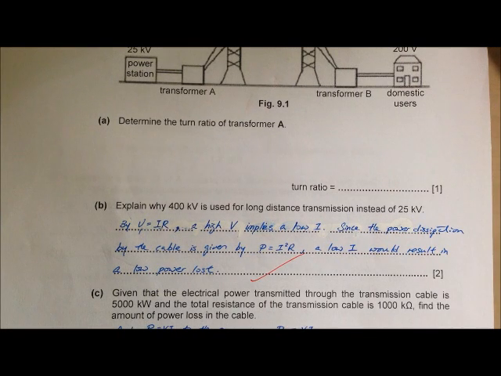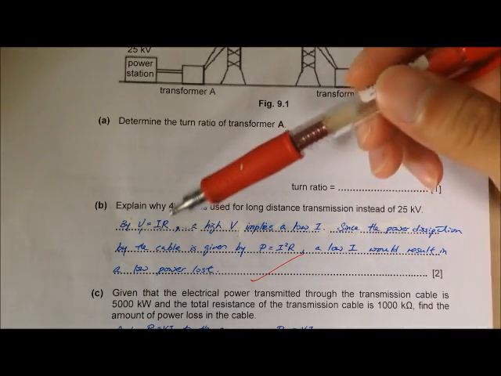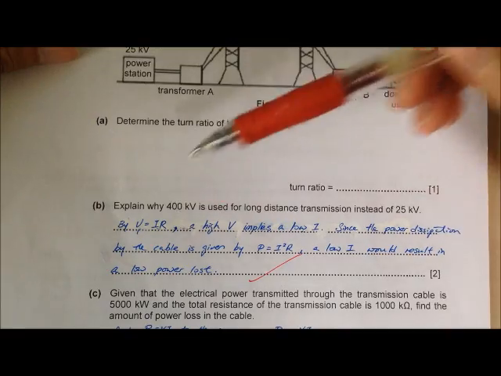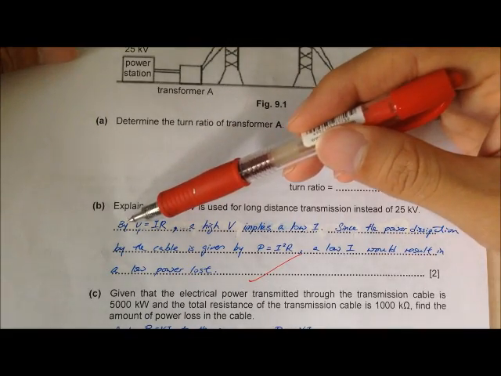They may ask me, teacher, why must the power dissipation formula be I squared R? Okay, I will explain that in part C. So in part B, let's go into part B first. So what happened is that